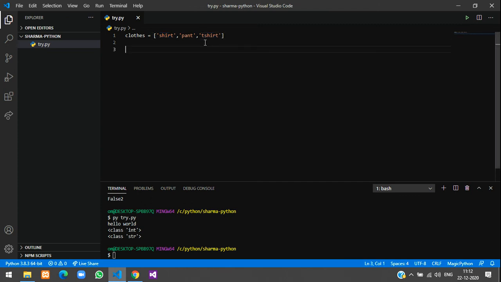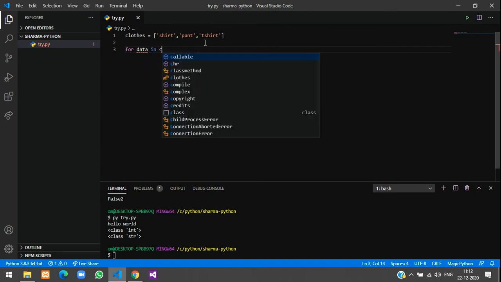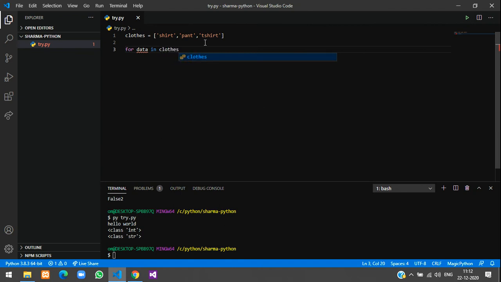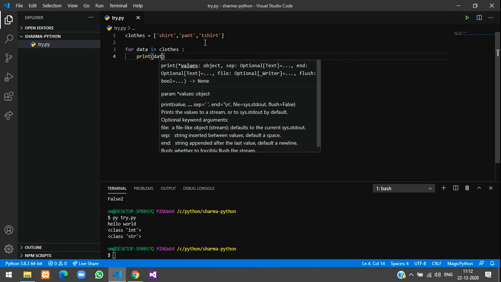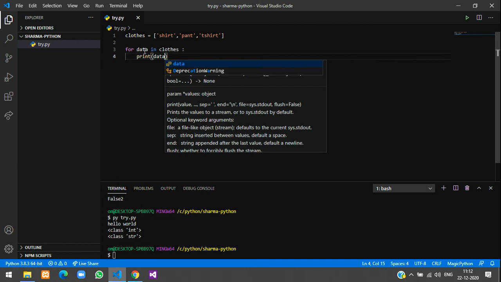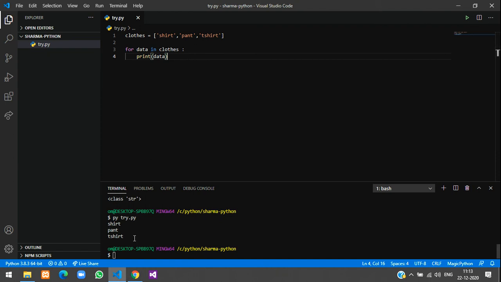To extract this data we'll write for data in clothes. Clothes is our array variable. Don't forget the colon here. Give print data, your variable name here. Now let us run the program. You get it over here: shirt, pant and t-shirt.